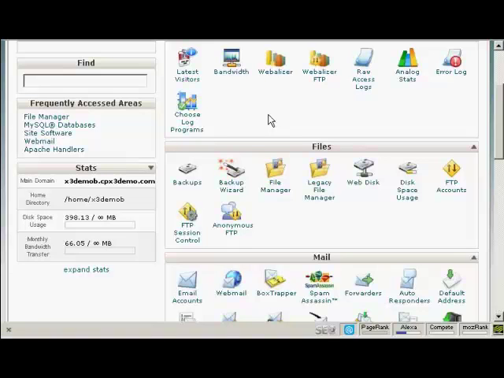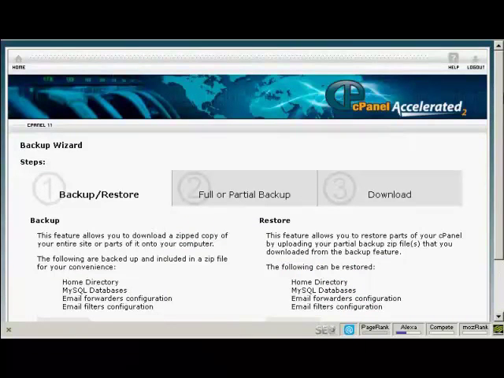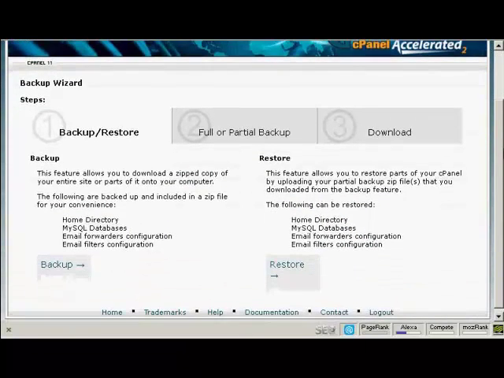Okay, in cPanel, come down here to where it says Files, and then click here on Backup Wizard. And it gives you the steps here. You can back up or restore. And what you want to back up really are the two things that you need for your WordPress blog to work: the home directory and the MySQL databases. The things like email forwarders configuration and email filters configuration are more to do with the actual running of your website. So we click on Backup,